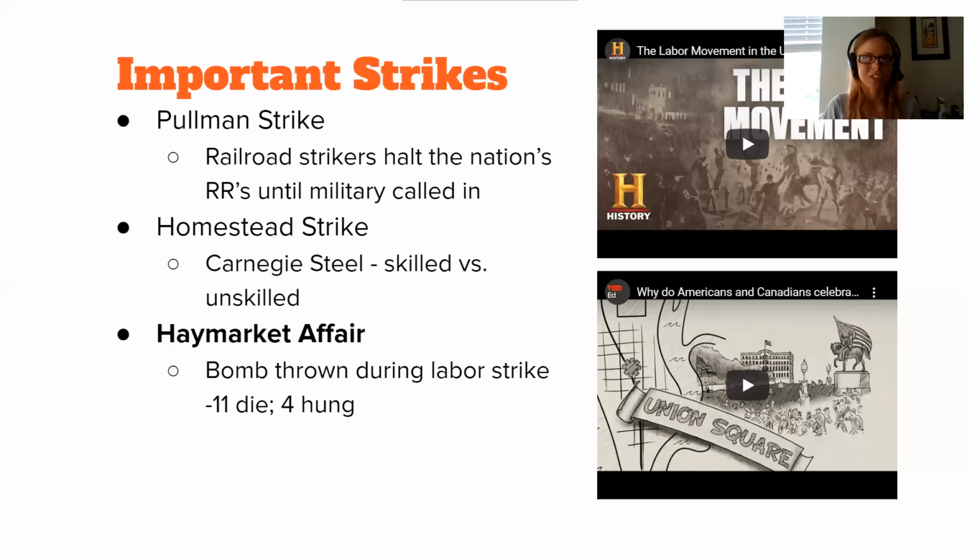Pinkertons are kind of famously seen as like America's first Secret Service. They guarded Abraham Lincoln. They were security basically for hire. Okay. And 300 of them were hired. There's a battle, like a pitched battle that ensues with shots being fired between these steel workers and these Pinkerton agents. And several on both sides were killed. And eventually the Pinkertons are outnumbered by thousands of steel workers.